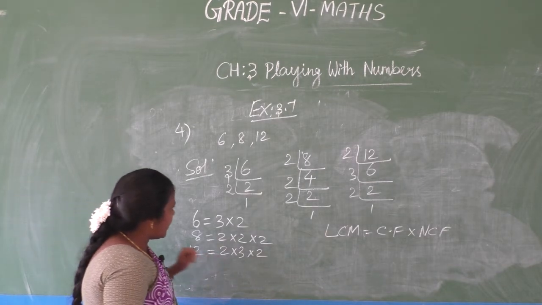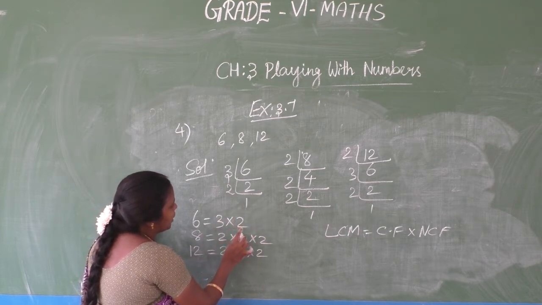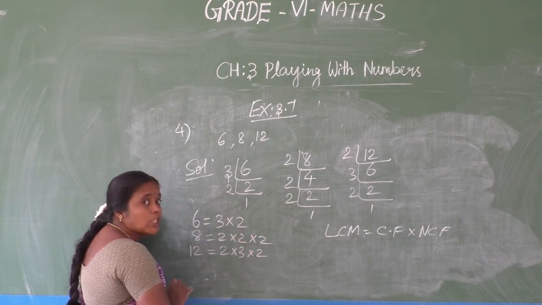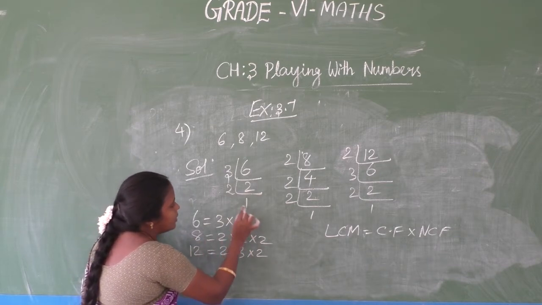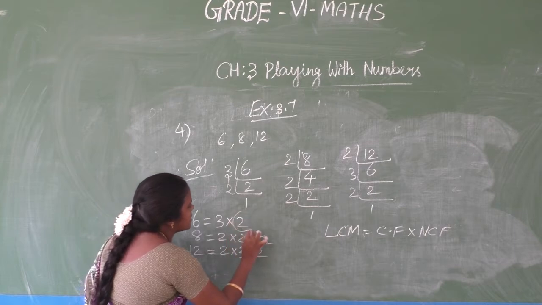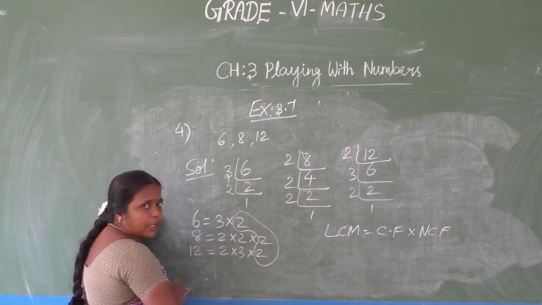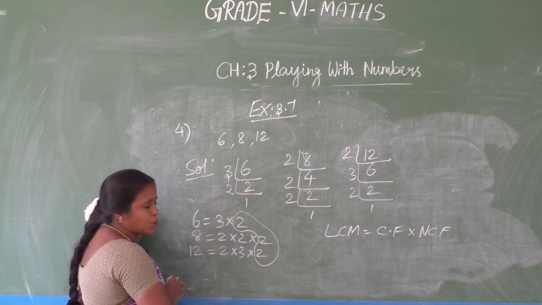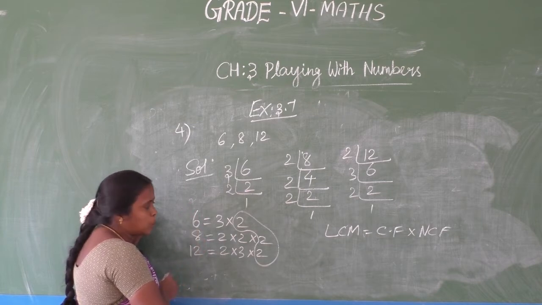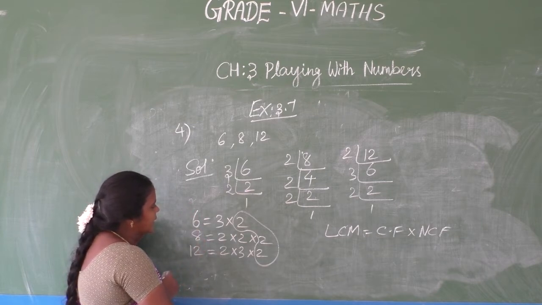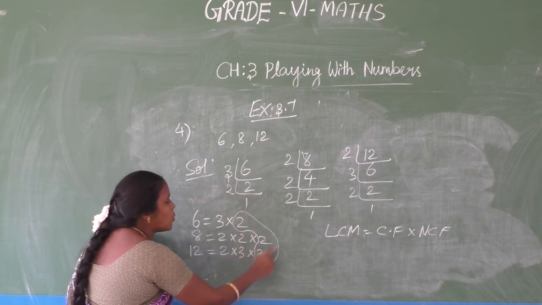See ma, sorry, I made a mistake. What I did means, first of all we have to take which number is coming commonly in all 3 categories. Sorry, I made a little mistake, let me correct it. 144 is not the answer for this. In all 3 categories this 2 is coming, so this is the common factor. And also in another 2 categories, we have to select the number which is coming commonly.